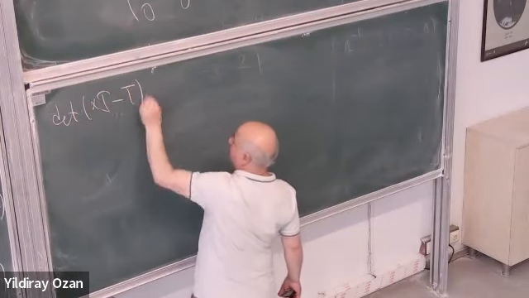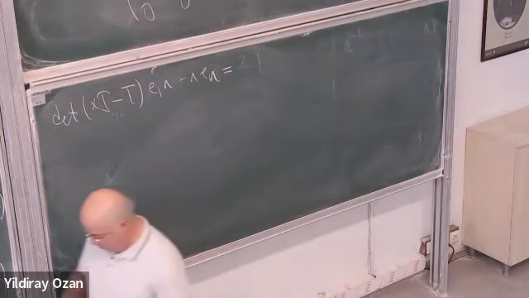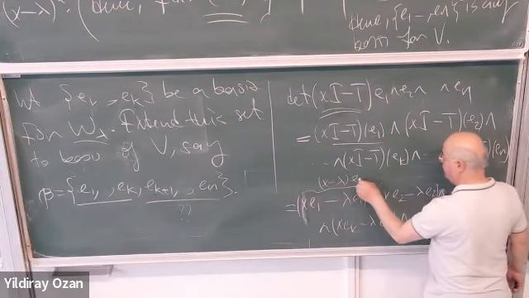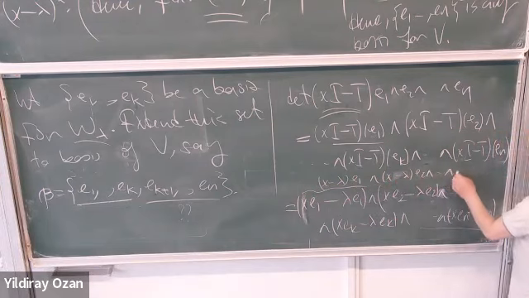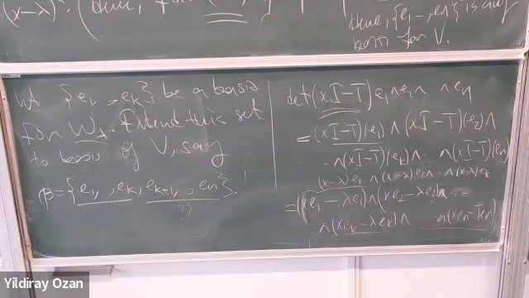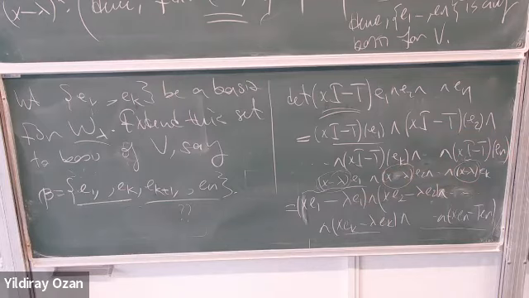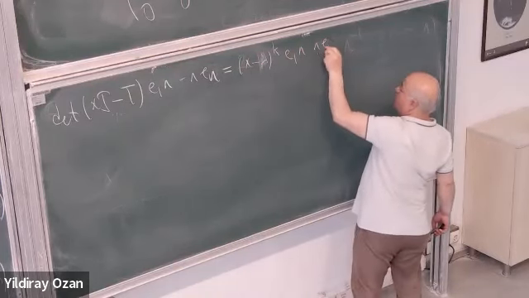So what we have is the determinant of x times identity minus T, and then this gadget is just here. You see, instead of this, I can write x times identity minus T applied to E1, and then x minus lambda times E2, up to x minus lambda times Ek, right? And then I have these gadgets. And x minus lambda is just a scalar. I can just take this outside. So I will have x minus lambda, and how many of them? I have k of them, right? Therefore, I have x minus lambda to the power k, E1, Ek, and then here I have